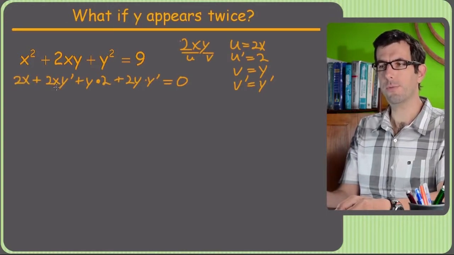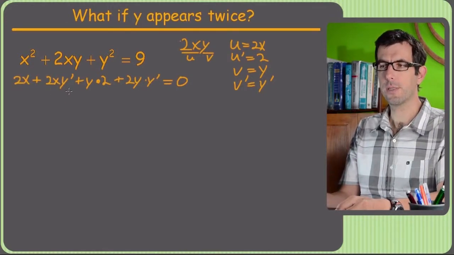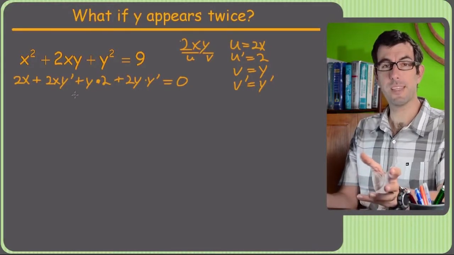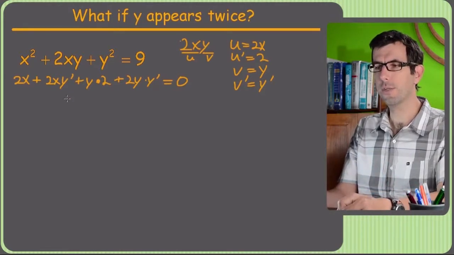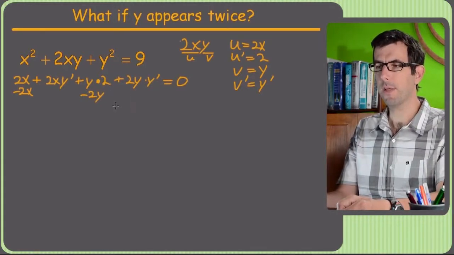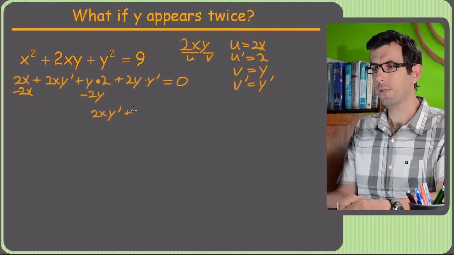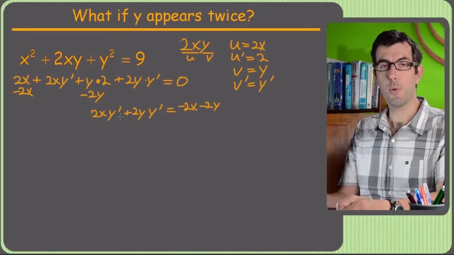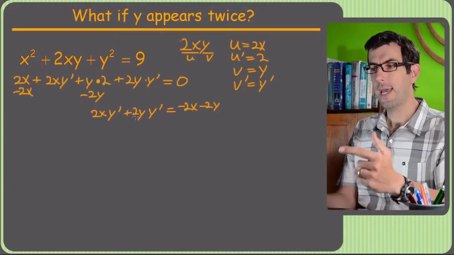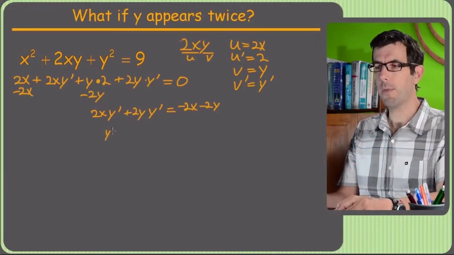So what we're going to do is factor out a y prime, which means we need to put everything that doesn't have a y prime in it on the other side of the equation. So I'm going to take away a 2x from both sides, and I'm going to take away a 2y, so that I'll just have the y prime stuff on the left. So now I've got 2x y prime plus 2y y prime equals negative 2x minus 2y. Now at this point, you see how everything on the left side of this equation has a y prime in it. So I can factor out a y prime